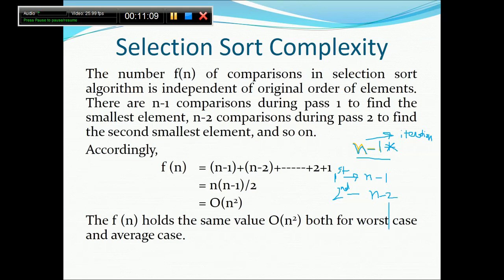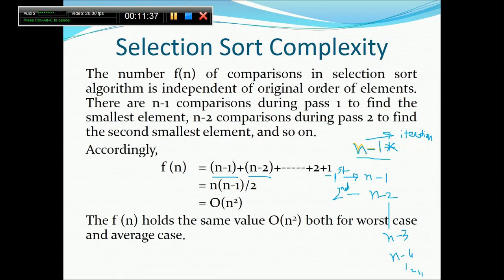Similarly, n minus 3, n minus 4, eventually reducing to 2 and then 1. So n minus 1, then n minus 2, eventually reducing to 1 comparison.